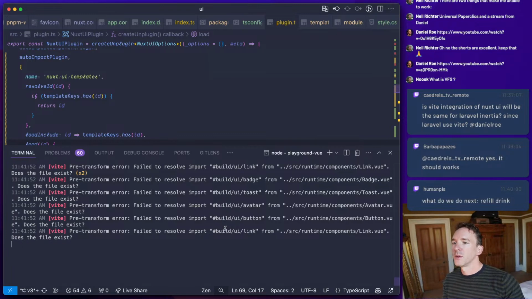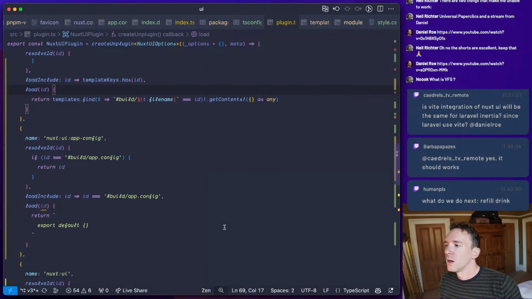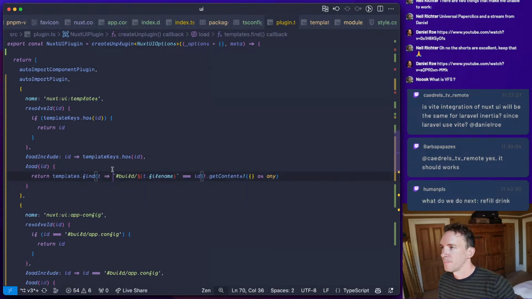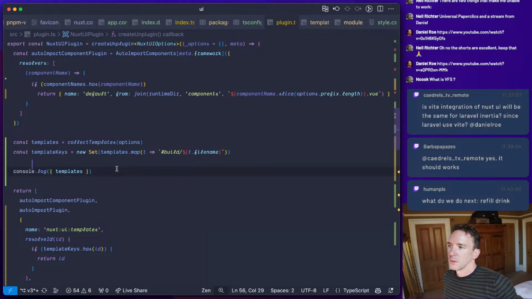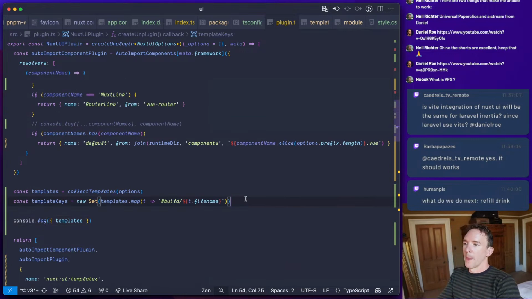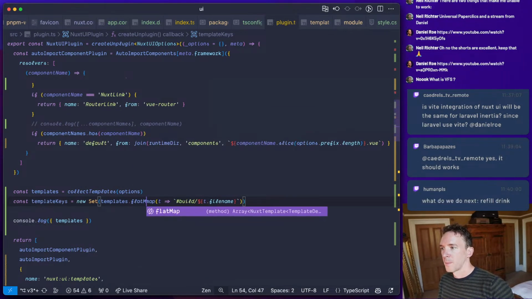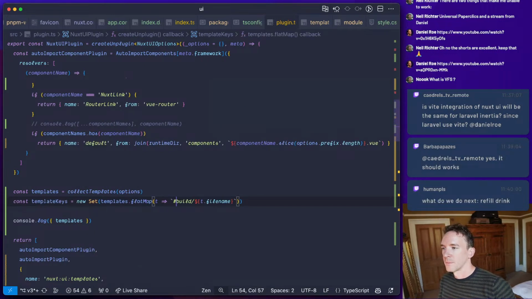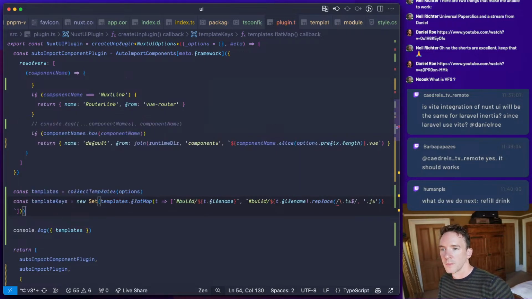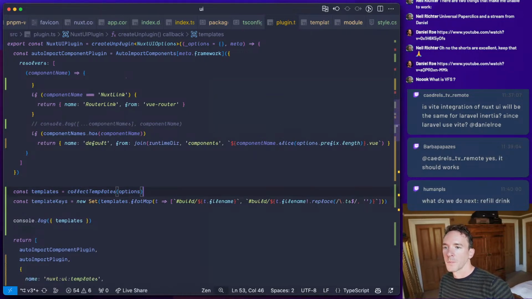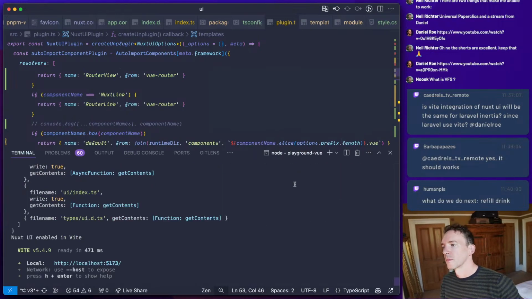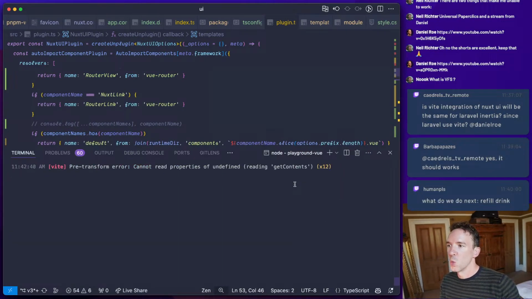Okay, build UI link. Oh right, it also needs to have oh, interesting.